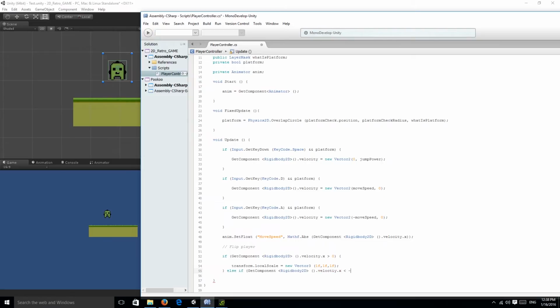Now if 0 is greater than our rigidbody velocity x, I spelled that wrong, look for those silly mistakes. So if our rigidbody velocity x is less than 0, we are going to transform the local scale